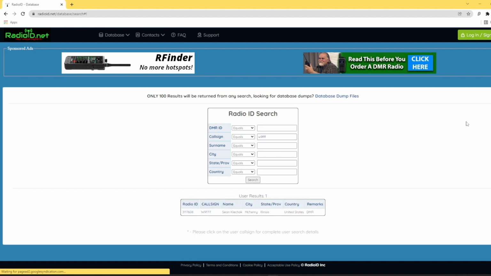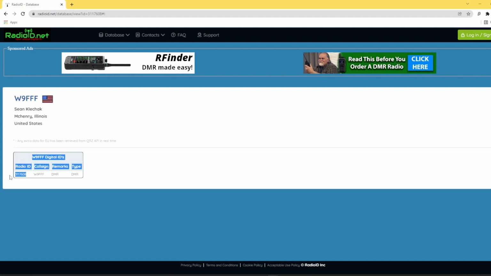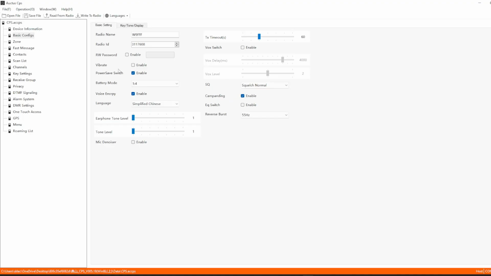If you have registered for a DMR ID and it's active, you should see your radio ID right down here after you search. So we're just going to copy that or write it down, and then go ahead into our code plug, and again, type it into our code plug. Now, that's pretty much all we need to change, except